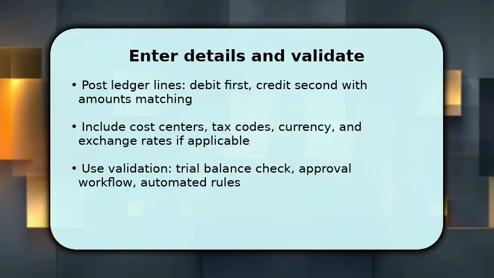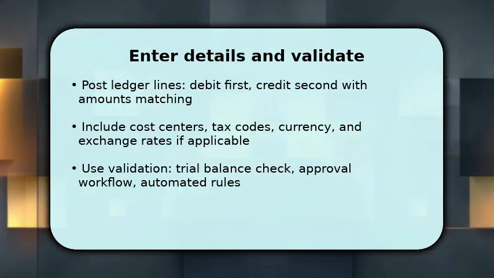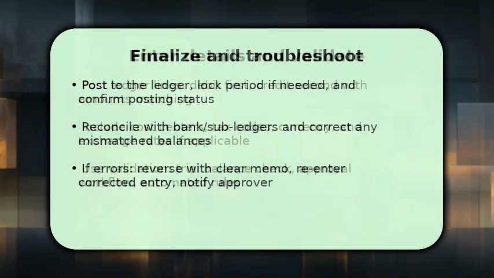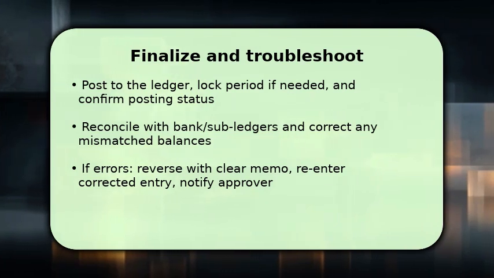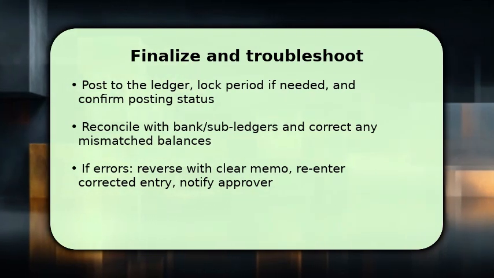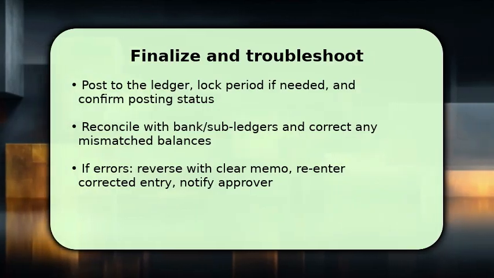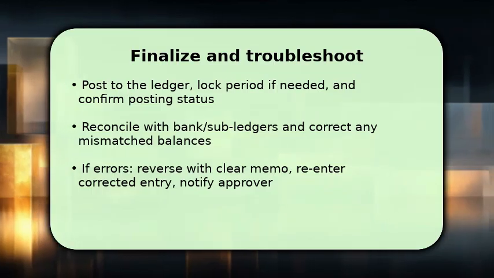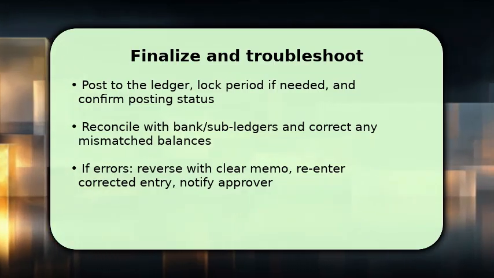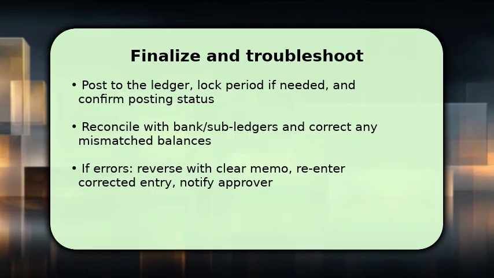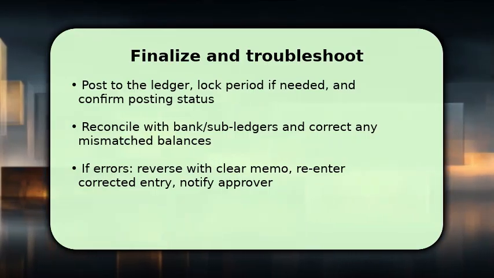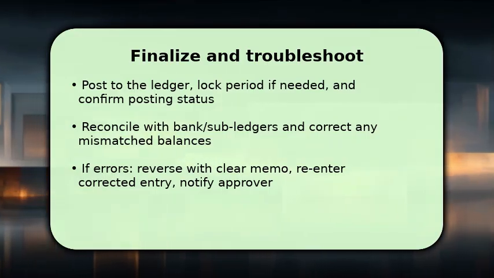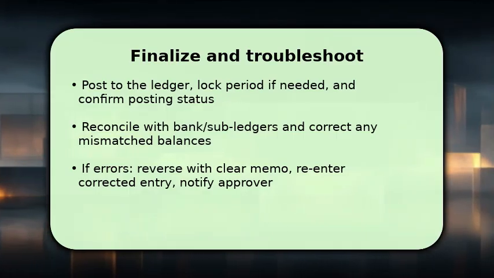Finally, post the entry and confirm the system shows it as posted. Lock the accounting period if required so nothing alters history. Then reconcile the entry against bank statements and subledgers. Mismatches identify timing or classification errors. If you find a mistake, reverse the original with an explanatory memo, create a corrected entry, and notify the approver to maintain transparency. One troubleshooting tip: if totals won't